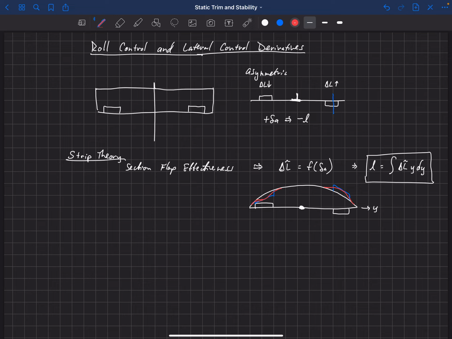Anyway, something like that. It's a bit more smooth than what strip theory would predict, and actually that can cause some significant differences in what we predict for the rolling moment. So the best way to predict this really is to use a numerical method. This can be predicted by a numerical lifting line algorithm, or from a panel code, or from CFD.